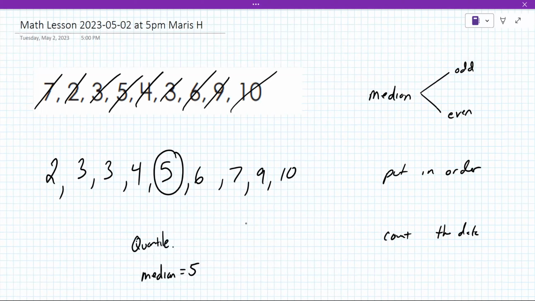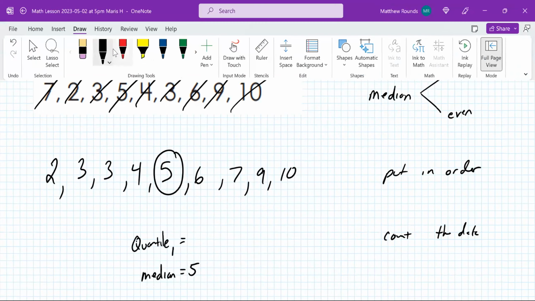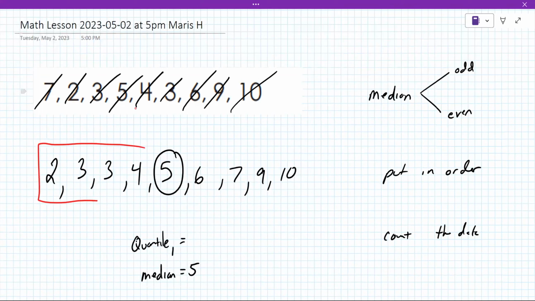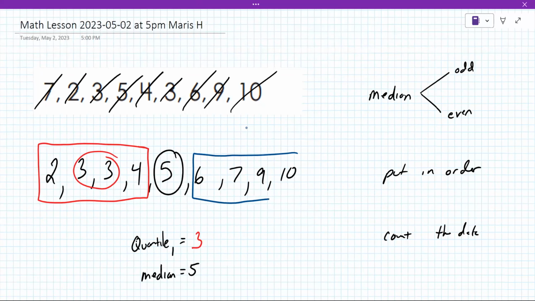Yeah. Okay. Did you guys talk about quartile 1? A little bit. Okay, so quartile 1 comes from the lower half of the data. So it's essentially finding the median of those 4 numbers. And you might say, well, there's not a middle number. I would agree. There's not a middle number here, but there are 2 middle numbers. So what is the average of these 2 middle numbers? 3. So that's quartile 1. Similarly, we do the same thing for quartile 3.